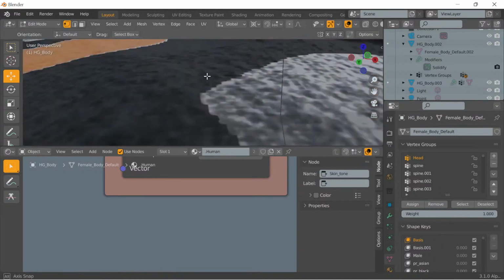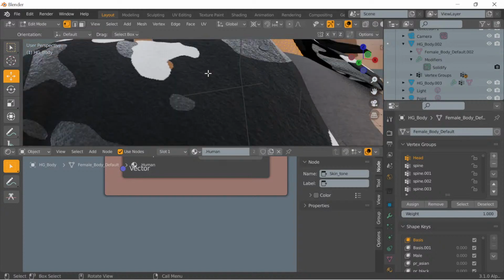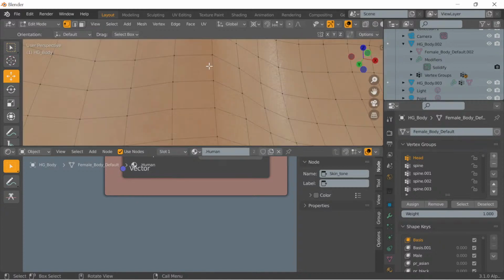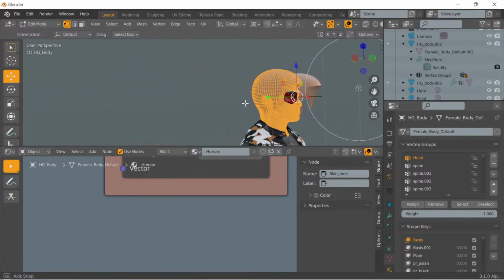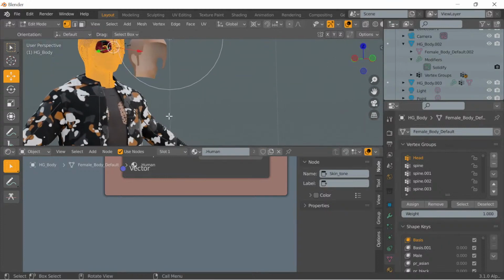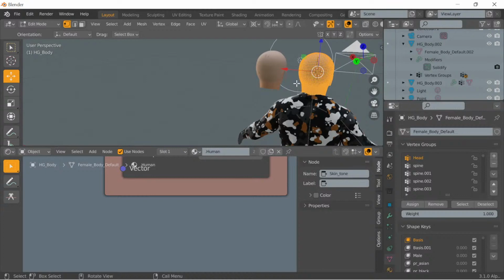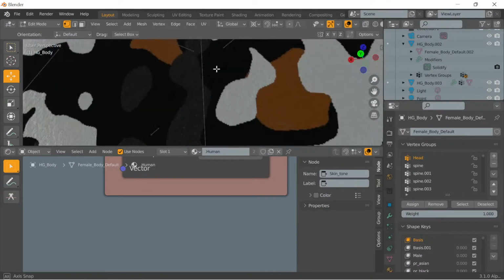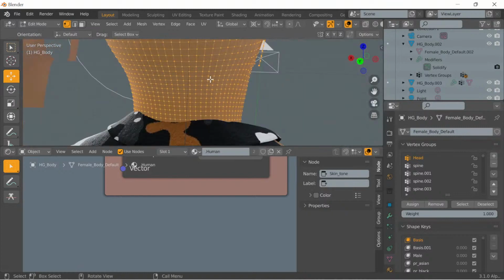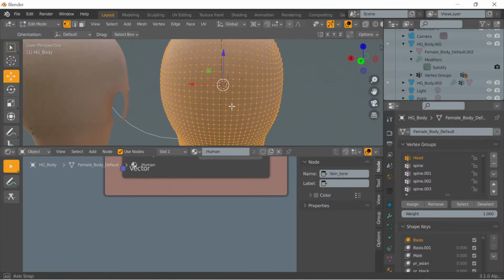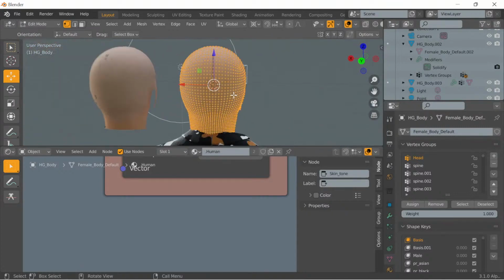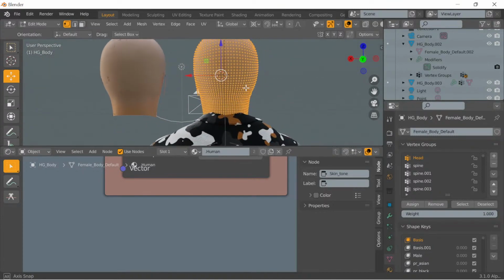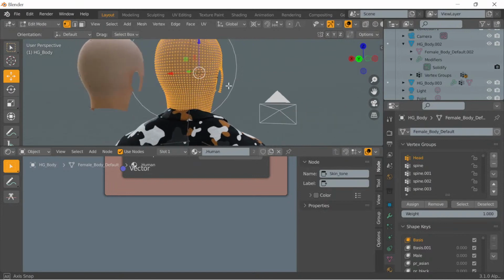So now I have to go in manually and get rid of all of these vertices, which is a pain in the butt because I'm going to have to hand delete all the vertices that I don't want, or else it's going to have leftover vertices flying around on the screen that you really don't need. So like I did before, we're going to go and select everything